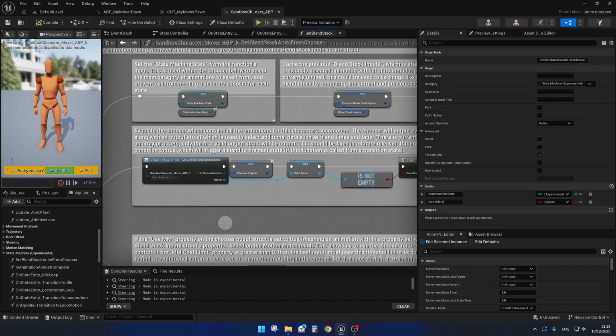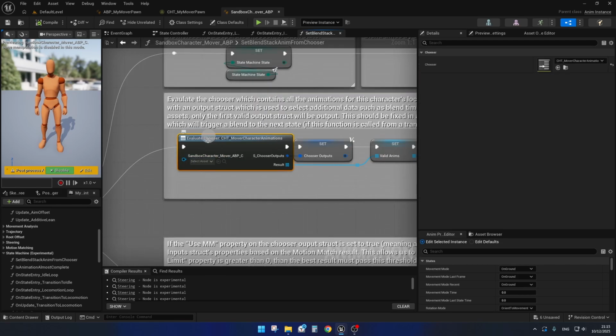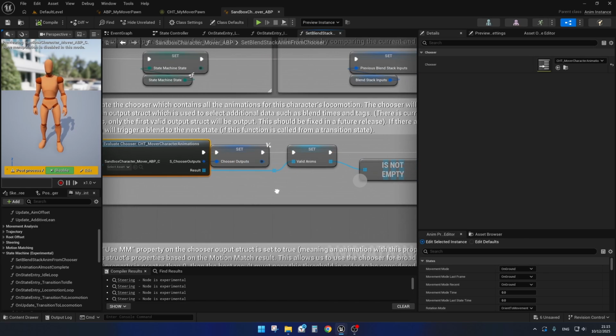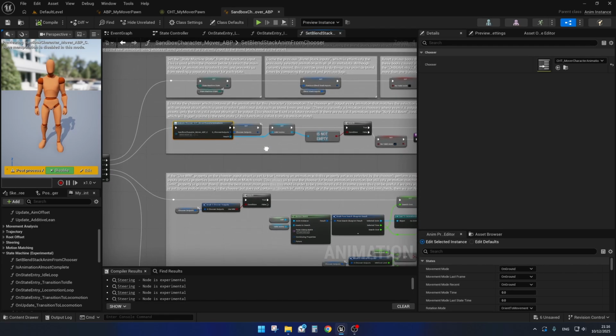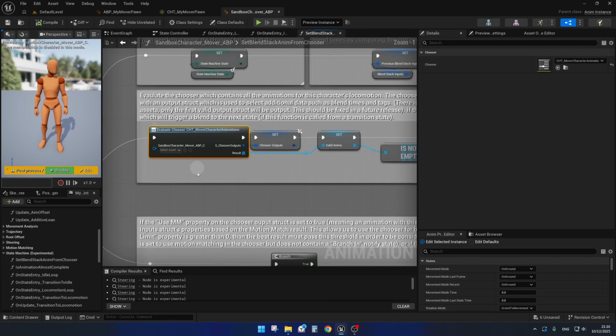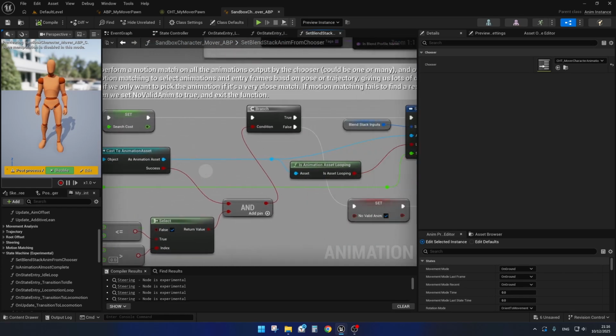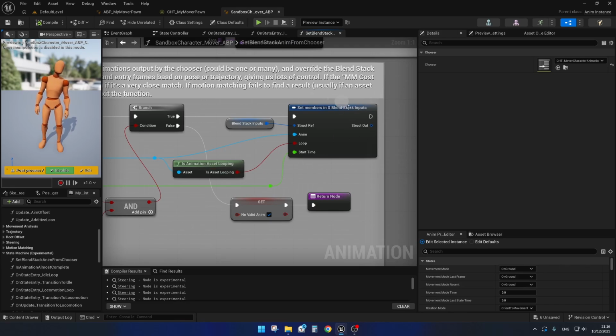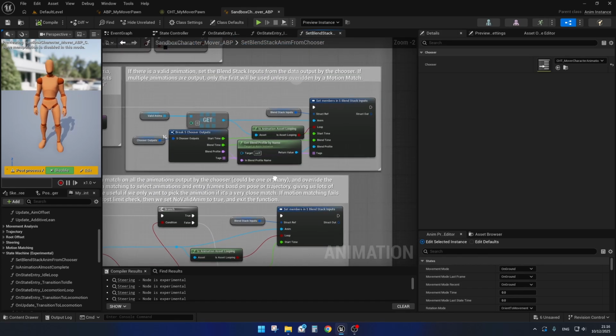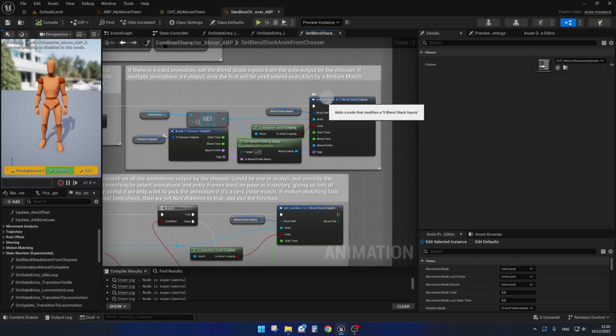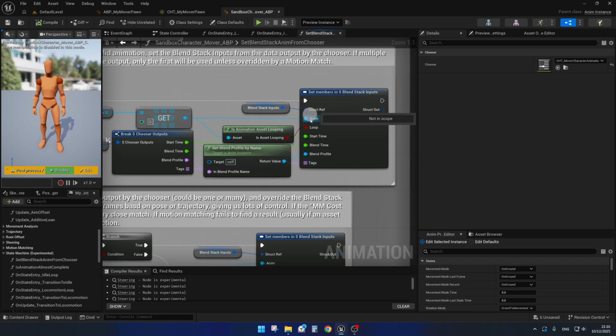And the important thing is here, we will evaluate the chooser. Then we will store its output, etc. We will find the correct animation. And then at the end, we will set the members in a structure which is called blend stack inputs. And here we will store the animation to play and the start time and some other parameters. And this structure